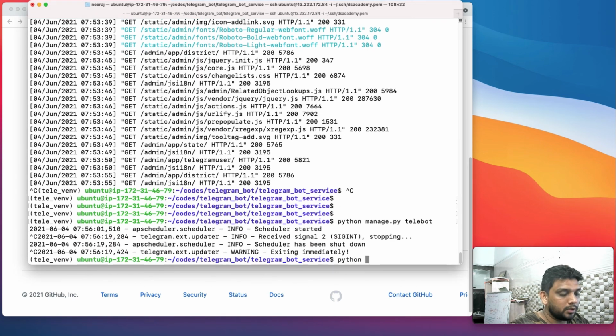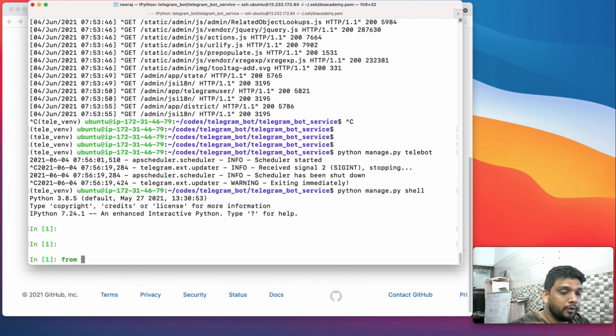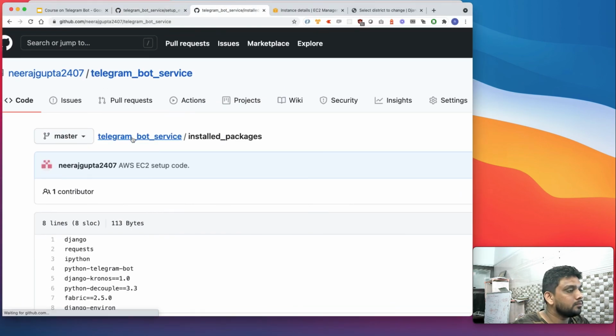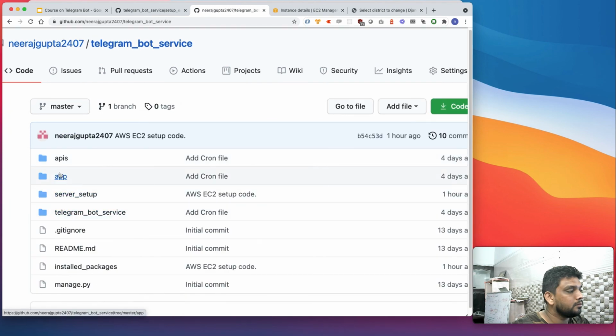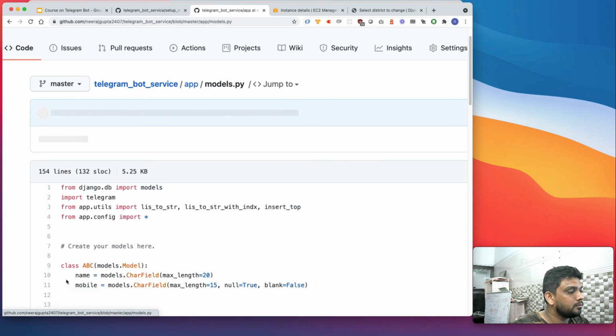How can we import the data? Just go to the shell, and we know how we imported the data. We have created two models called State and District.